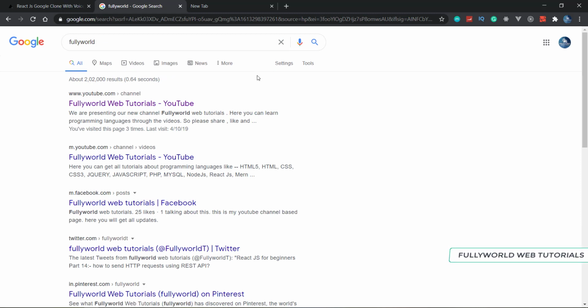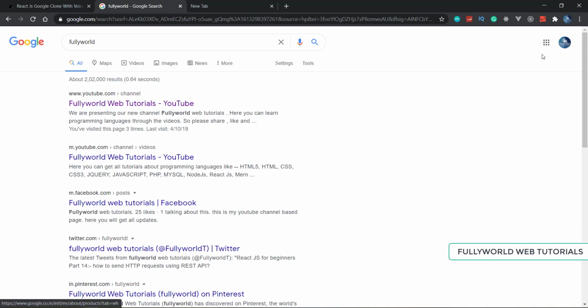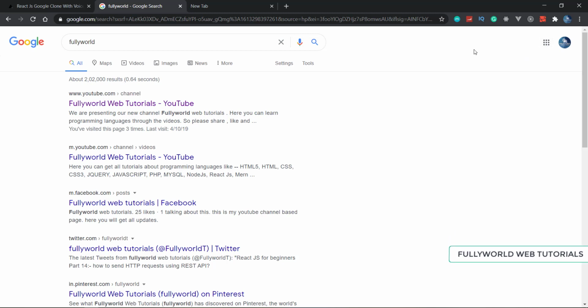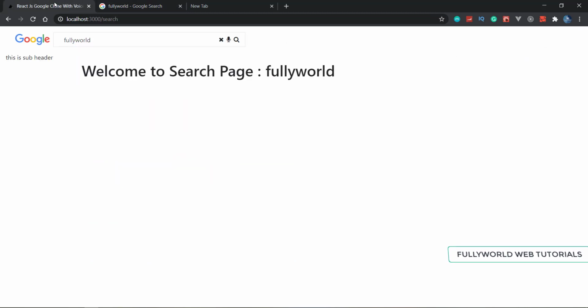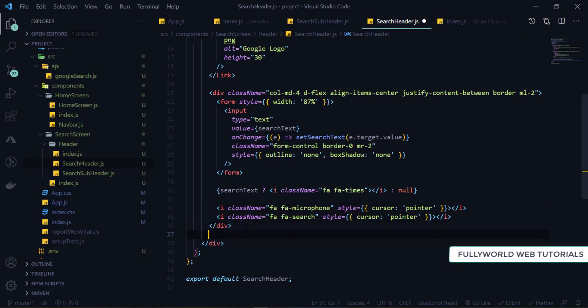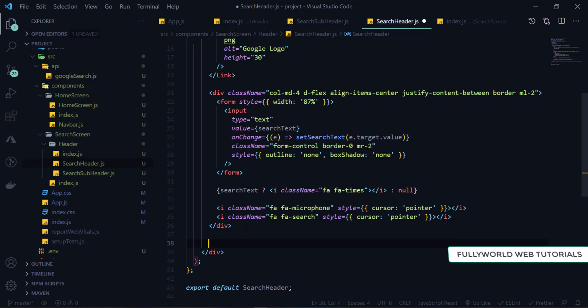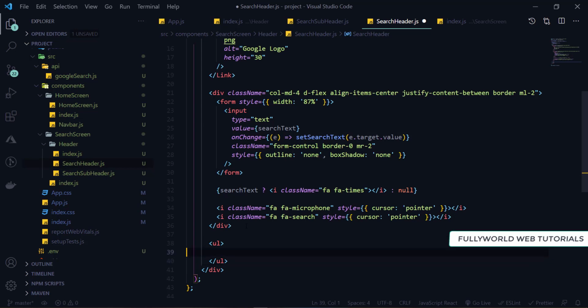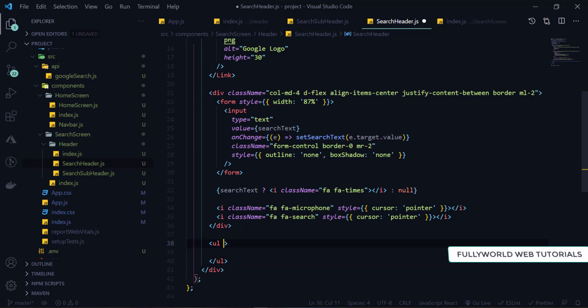So here will be one UL, and this will be our nav, and class name will be our nav here, and it will be ML auto, and here will be li, and there will be one link, or I will just apply an a tag only here.